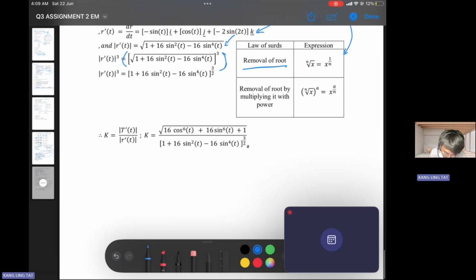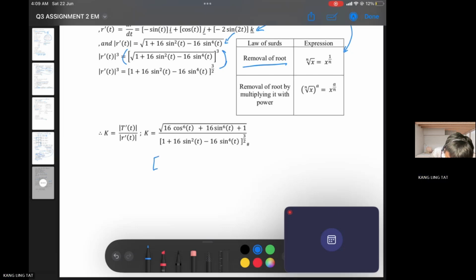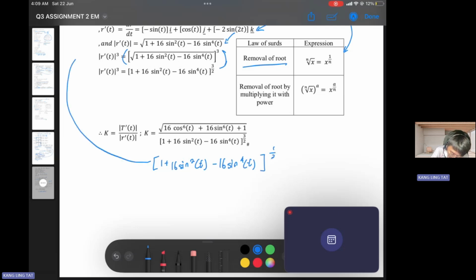So we can rewrite this magnitude of the derivative of the vector function as 1 plus 16 sine square t minus 16 sine power 4 t, all to the power of 1 over 2. This has the same meaning as here. Okay, now we need to raise it to the power of 3, or cube it. So if we cube it,